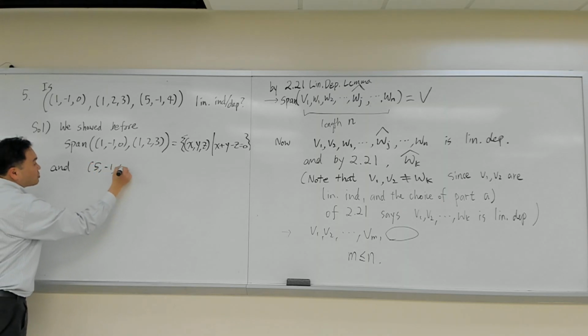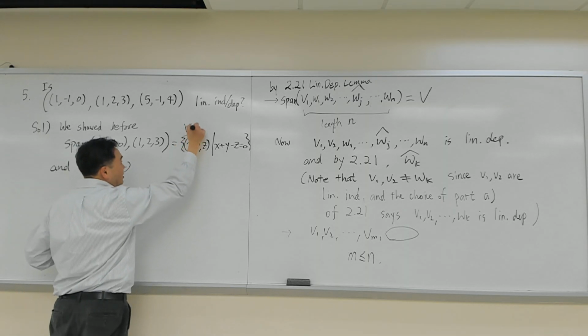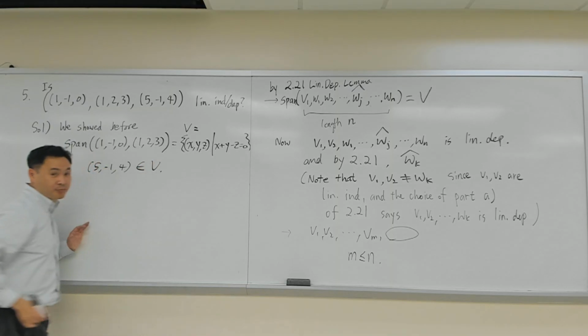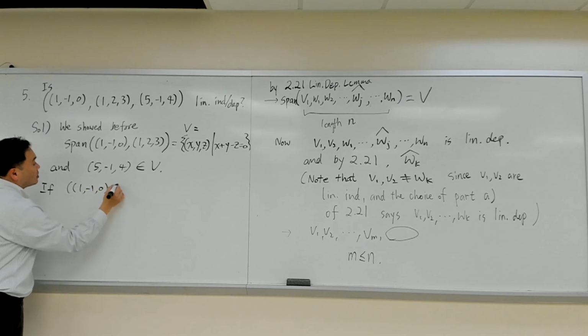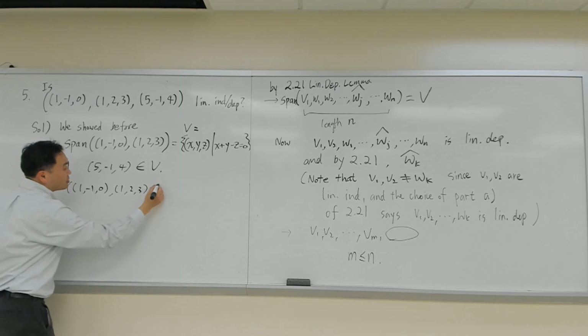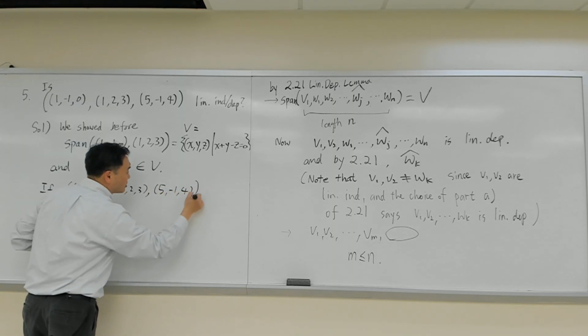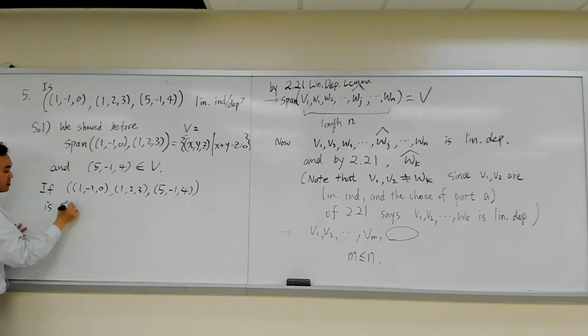And 5, negative 1, 4 is also, let's call this V, in V. Right? So we know that they all lie in that same vector space, right? So if 1, 2, 3, 5, negative 1, 4 is linearly independent,